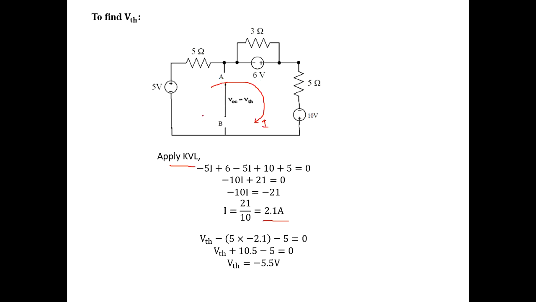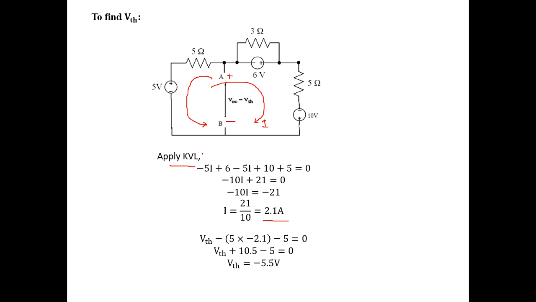We can choose this half to calculate the VThevenin. So we have to mark this as the positive sign and this as the negative sign. The current is flowing through this from positive to negative. Consider this direction and apply KVL in this loop. To find VThevenin, consider this half alone, because this is between these two loops.